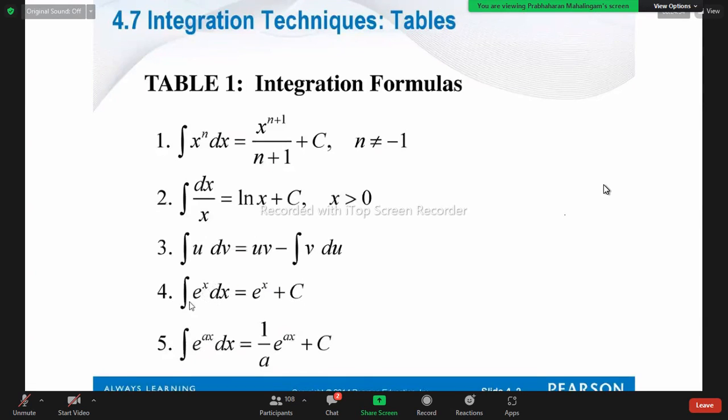In the compound manner, sometimes e to the power x square, e to the power x having a square. Then e to the power x square is not the answer. It's a different manner you have to solve this. Likewise, x to the power n is simple. Sometimes this n has again x plus 1 or some other power. So power to the power. They also have problems.